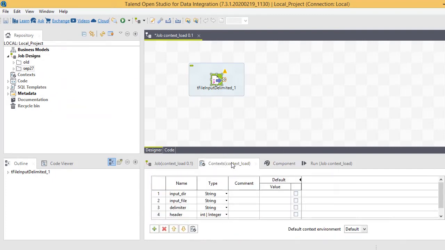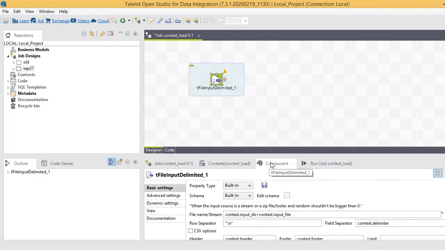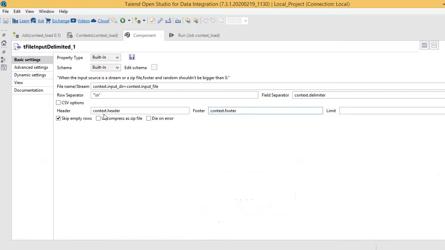By using these context variables we can make our job configurable. So we can give the file path externally like input directory and input file name. If the file has one header and no footer, we'll give those details in the file.